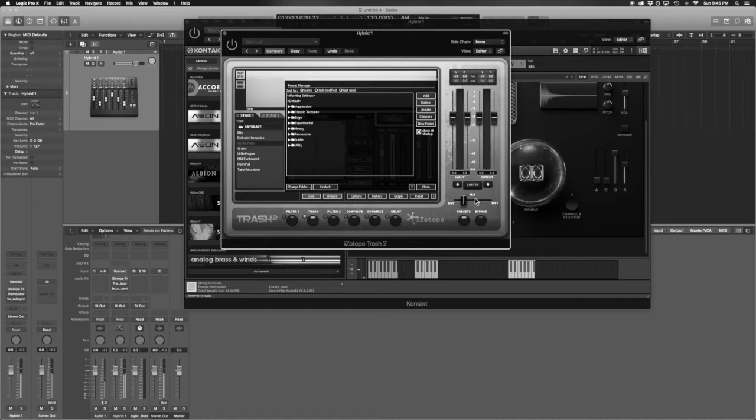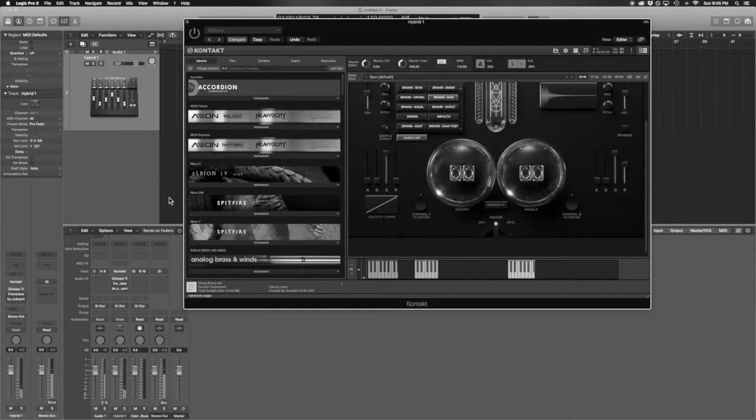It adds some weight to it. It's not just like adding top end, bite. It's distorting across the spectrum. It's a really good, like I said, distortion, and I use it a lot. So I'm gonna go with that, and I